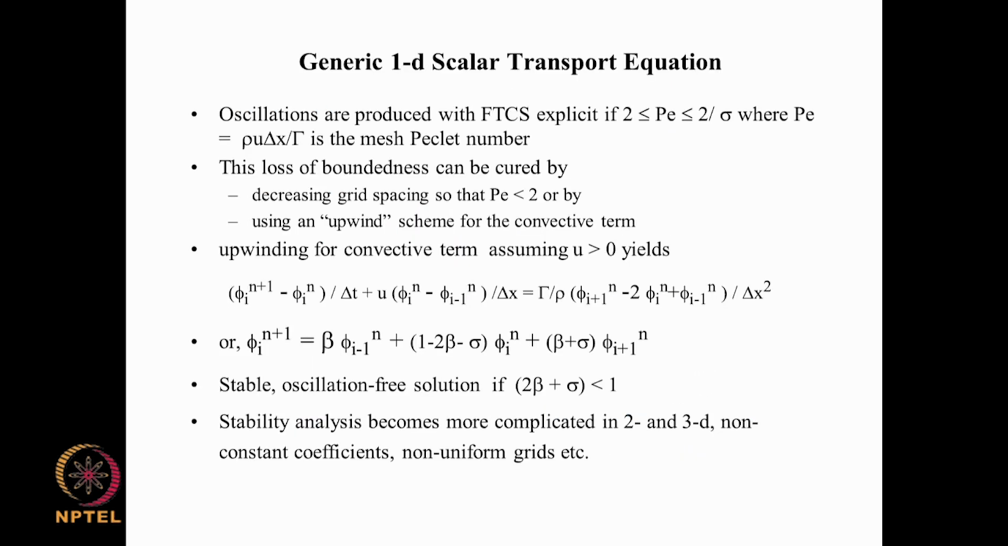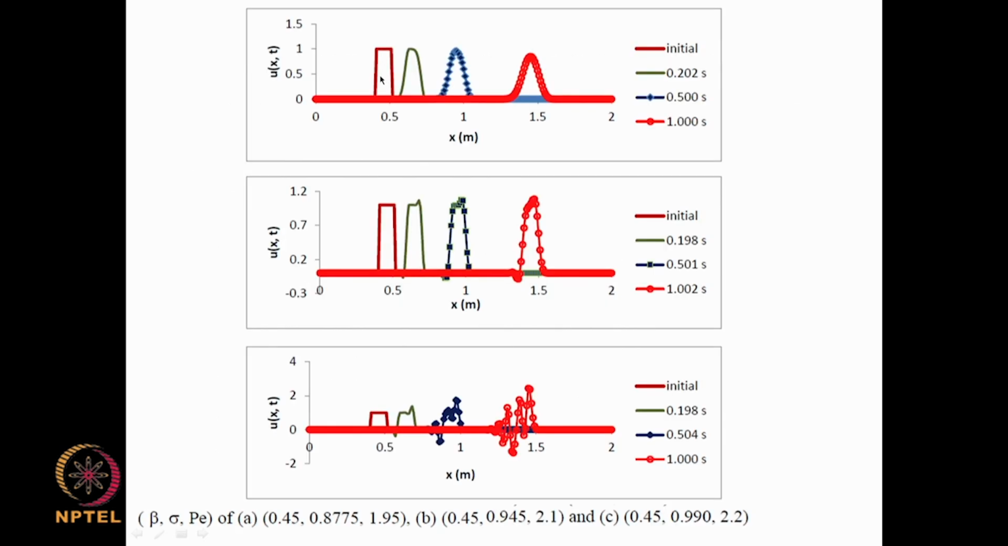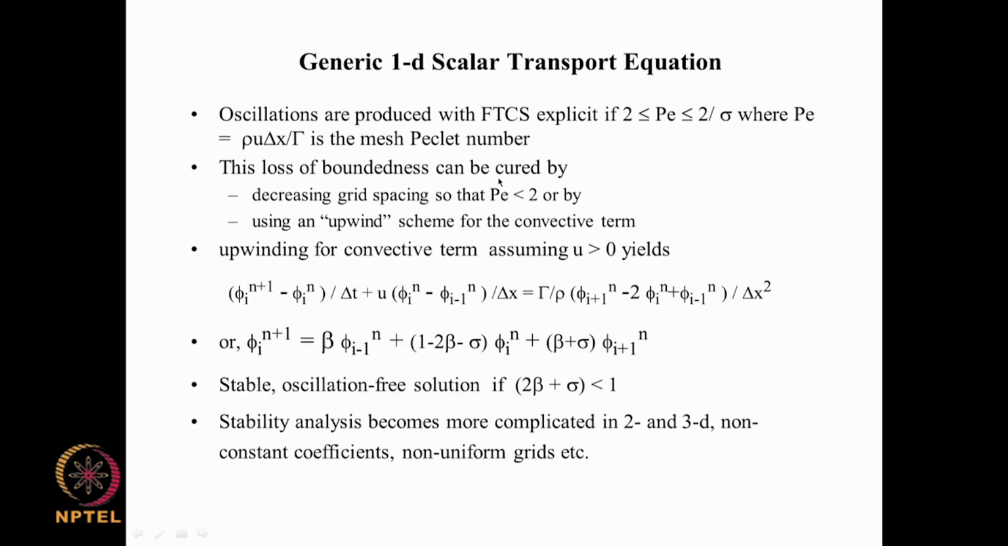So, what is this upwind differencing scheme? Upwind differencing means that the spatial derivative related to the advection term, dou u by dou x, is written as phi I n minus phi I minus 1 divided by delta x when you have u greater than 0. So, when u is greater than 0, this pulse is expected to move in this direction. So, when the pulse is moving in the positive x direction, we use